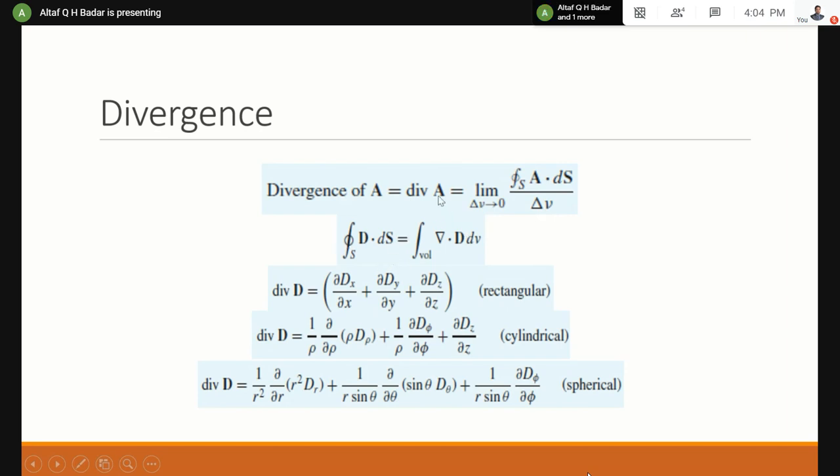Now, whether we write it as A or as D, I had already mentioned in the previous class that if it is in bold, it is a vector. So here we can see that this S is a vector, D is a vector, and this is again a vector. Whether I write it as capital A or as D, a vector is a vector, and then we go for how it is represented in different coordinate systems. In different coordinate systems, div D is given as the first formula in rectangular or Cartesian, the second one in cylindrical, and the third one in spherical.